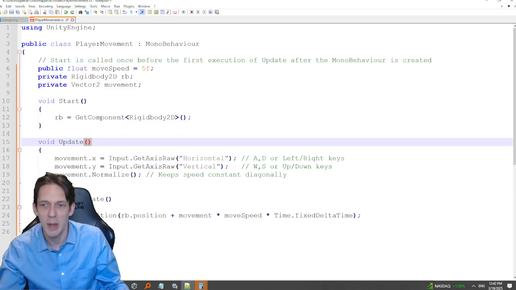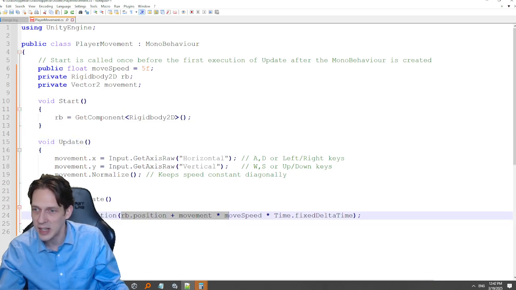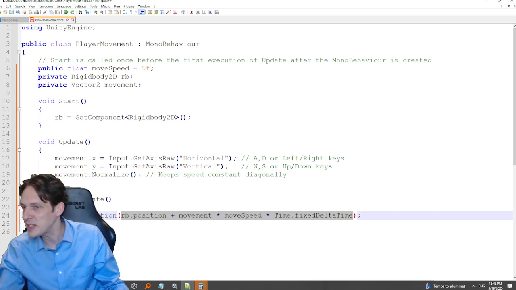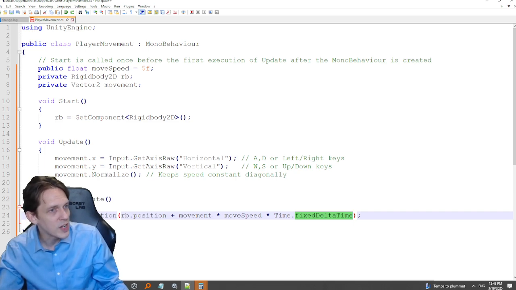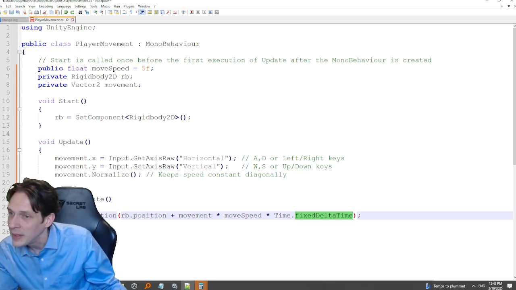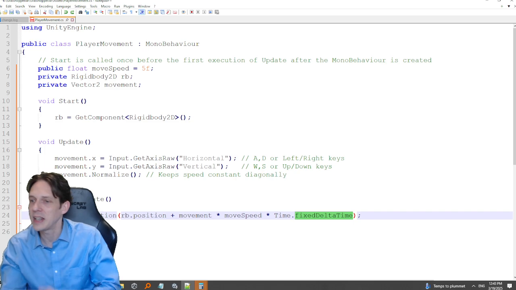This MovePosition method has one argument. How do I know that? It's because this is all a math calculation. It is taking the position plus the movement times the movement speed times the time from this object, which is another class, fixedDeltaTime, from the Time object, and it is grabbing it.